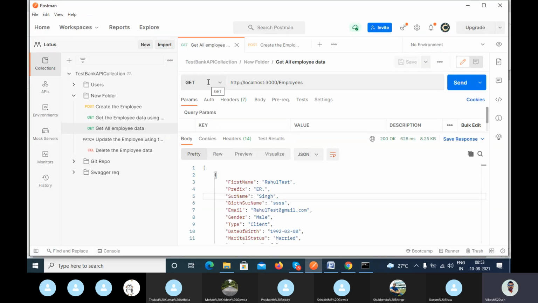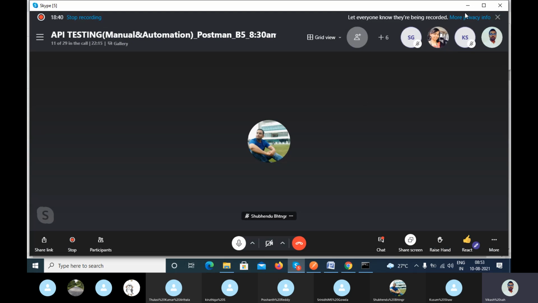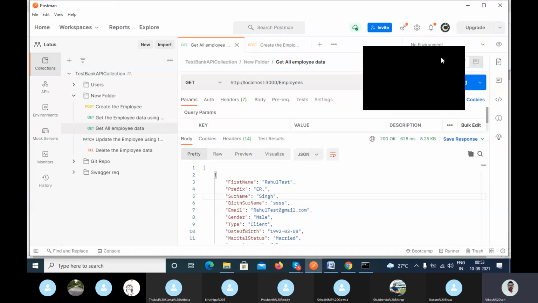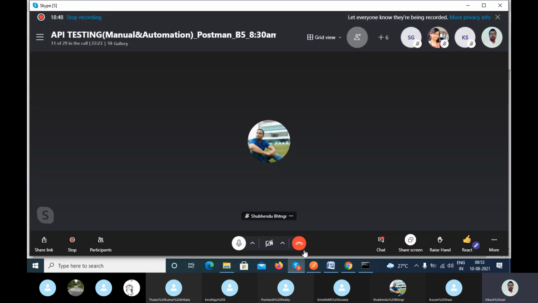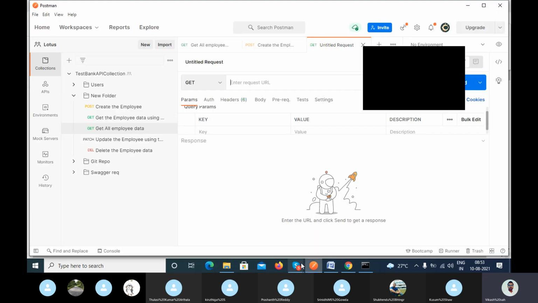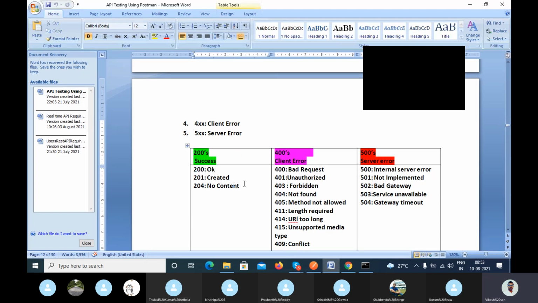Because what about PATCH, PUT and DELETE, those also should have only OK? Yeah, I will explain you, ma'am, don't worry. So you will get this right now. Here you can see 204 no content, right?